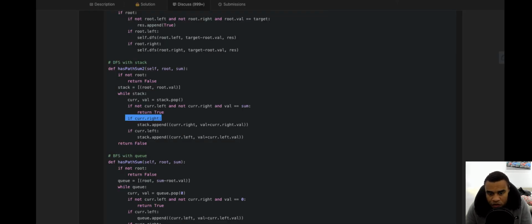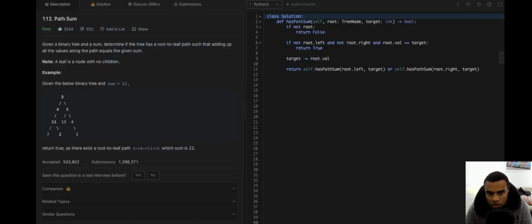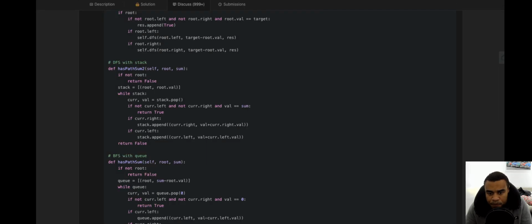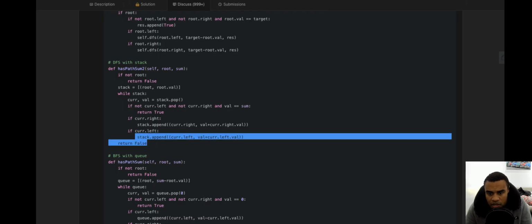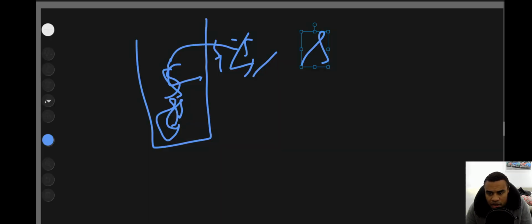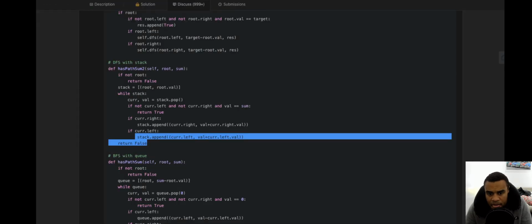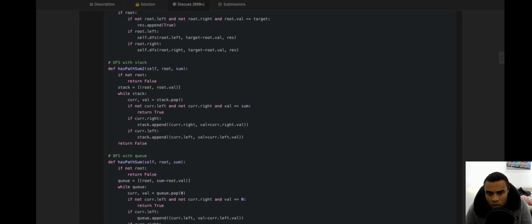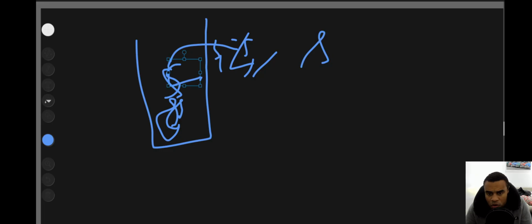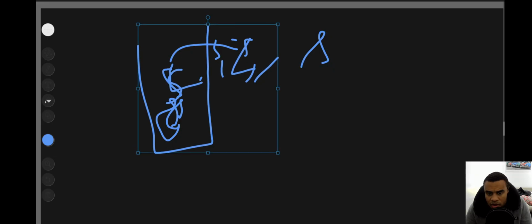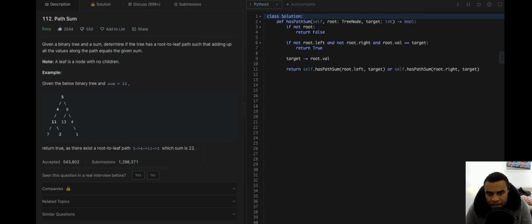This is pre-order traversal, right? Where we go root first. Oh yeah, that makes sense. So we add our thing. Now this is what's in our stack: 4, 5, 8. But remember, this is DFS, so we're not looping level by level, we literally add to the stack in that fashion.